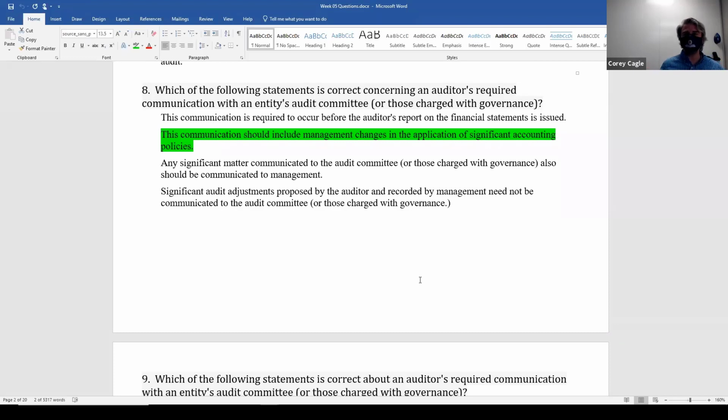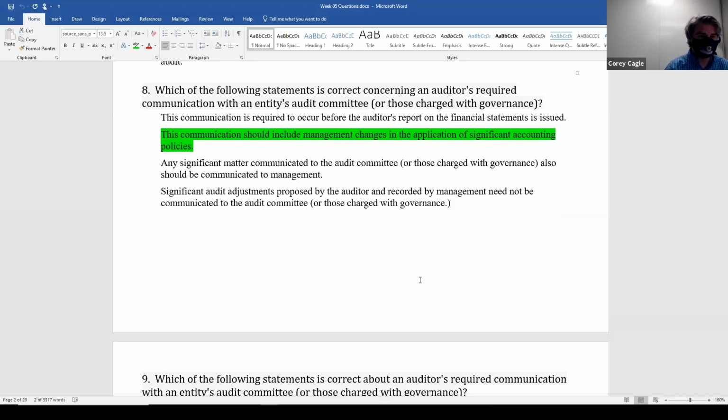For a public company, there's a little bit of a difference on that. They're supposed to report certain things before the audit report, but for non-public companies, it's just in a timely manner, so it's fine. Some things I think are specifically required to be communicated within 60 days of the audit report date, but